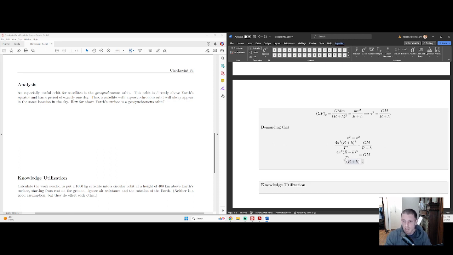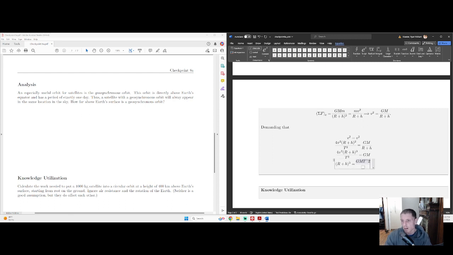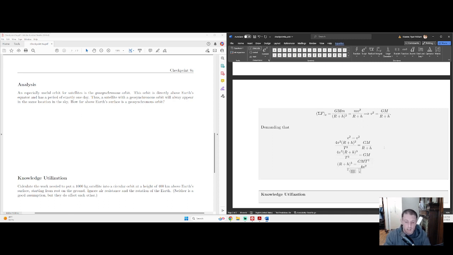So we have now r plus h cubed is going to be G big M t squared over 4 pi squared. And then the next thing we need to do is raise both sides of this equation to the power of 1/3. So I'll just say r plus h, because if we raise the left-hand side to the power of 1/3, we just get r plus h. This then equals G big M t squared over 4 pi squared, all to the power of 1/3. Therefore, h equals this junk